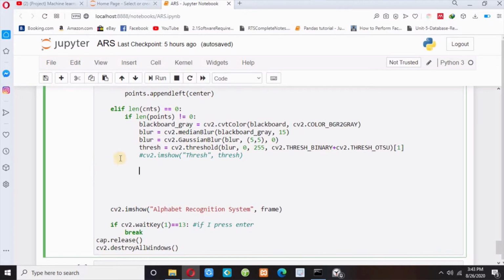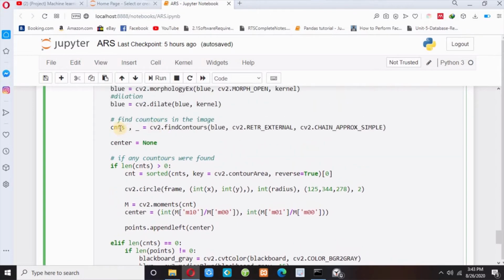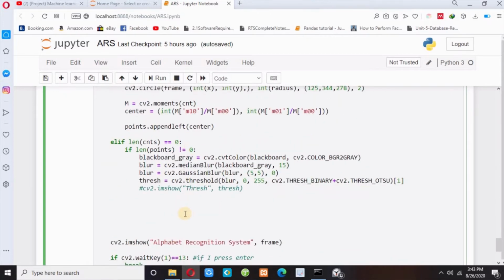So we have successfully extracted our alphabet in this trace. Now I will use the find contours method once again in this block. Let me write blackboard_cnts equals cv2.findContours, and I need to find the contours in this trace.